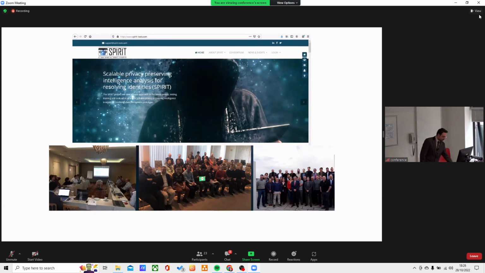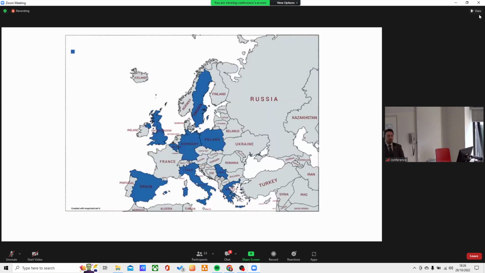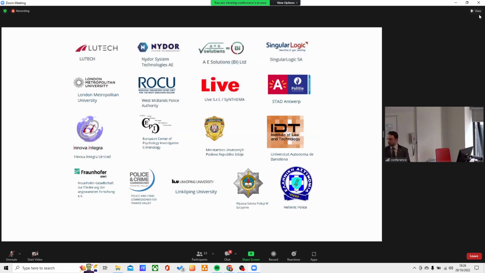So it was a Horizon 2020 European project. The project was getting 5 million euros fund from European Horizon 2020, and 9 different European countries were involved, including Spain, Belgium, Germany, Greece, United Kingdom, Sweden, and so on. And the consortium was including 17 different institutions, including some of